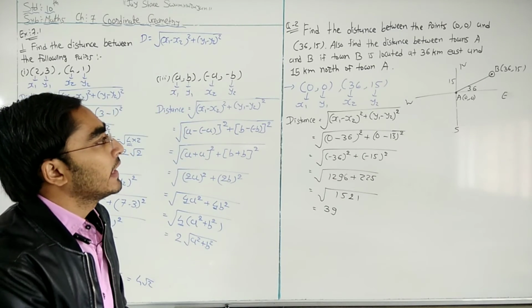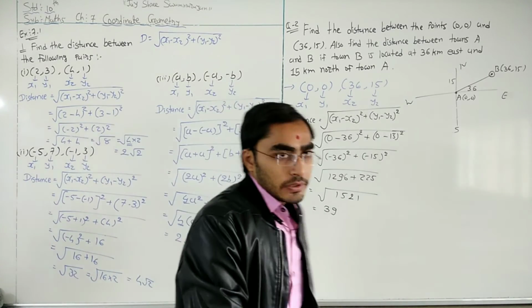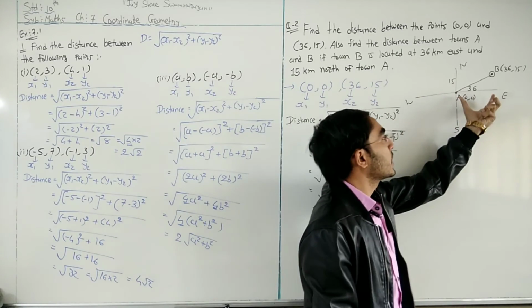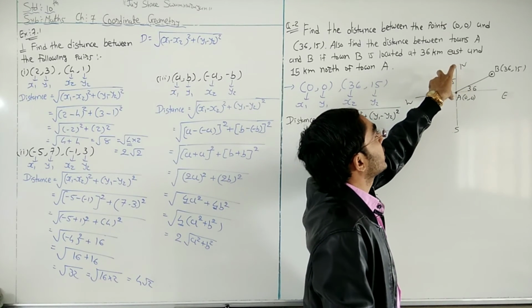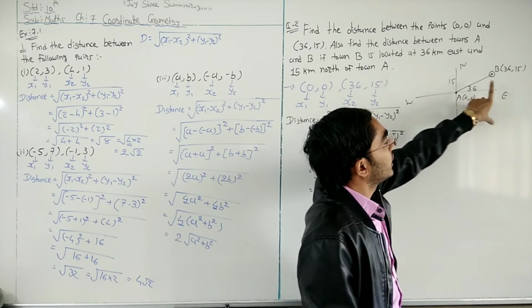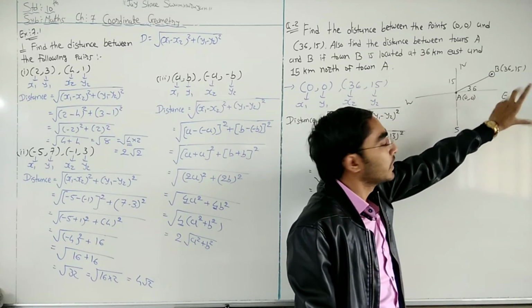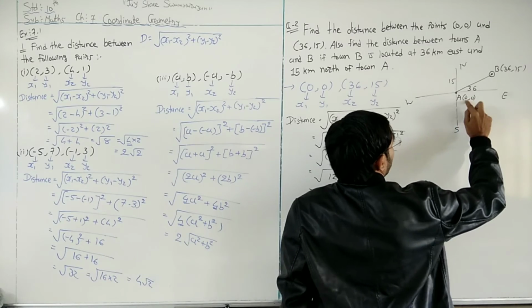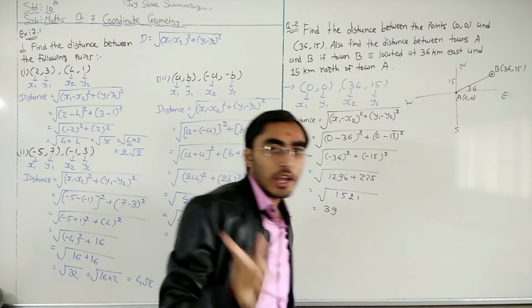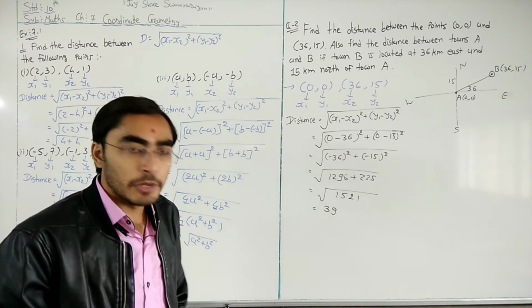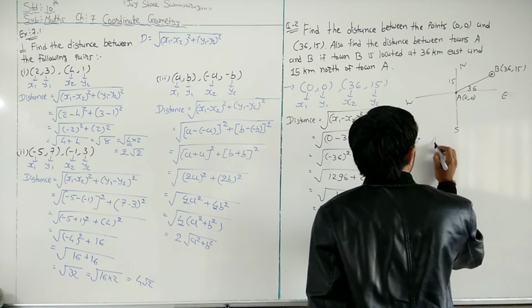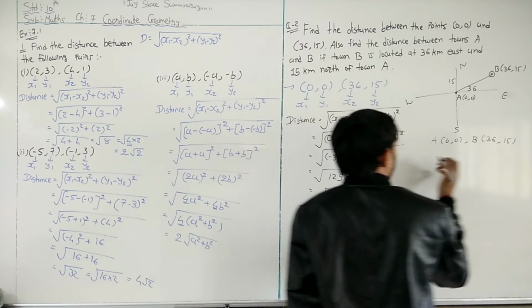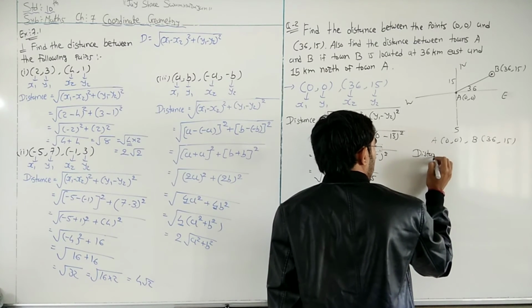Okay. So here again just look for the point B, 36 km east and 15 km north. So alternately your point B is here, 36, 15. So now we have the 2 points A and B. A is 0, 0, B is 36, 15, and we need to find the distance between points A and B. Okay, A 0, 0, B 36, 15. Now distance AB.